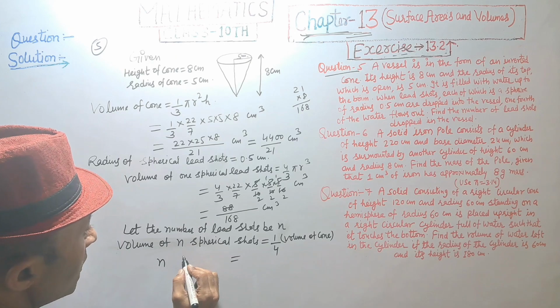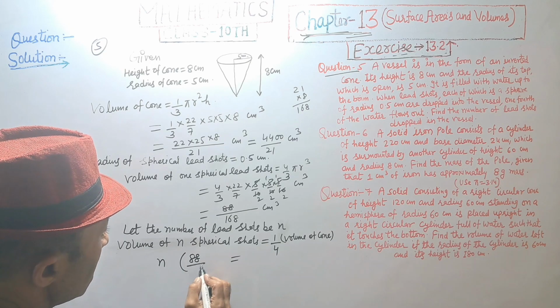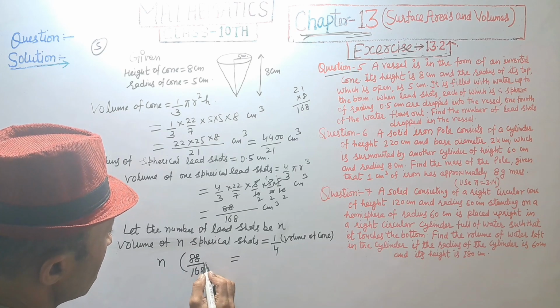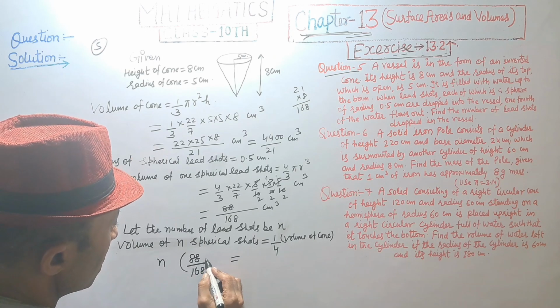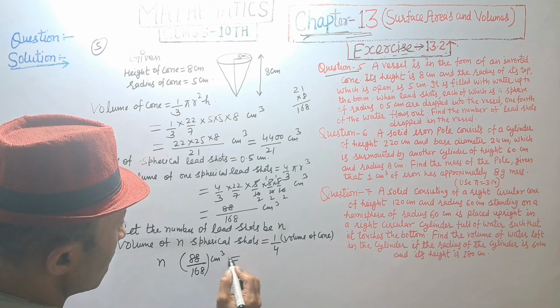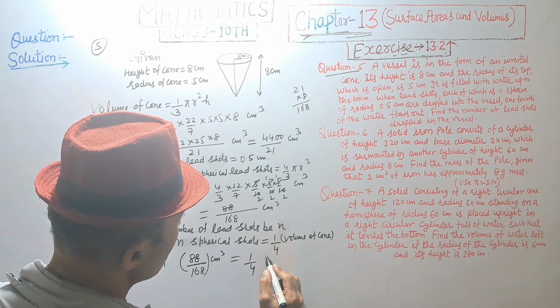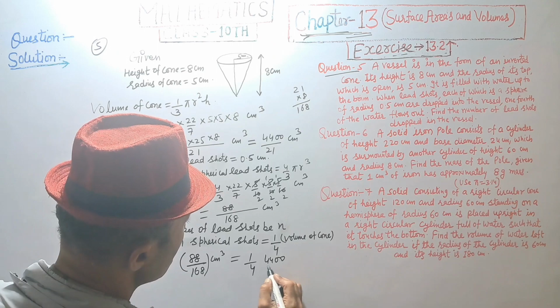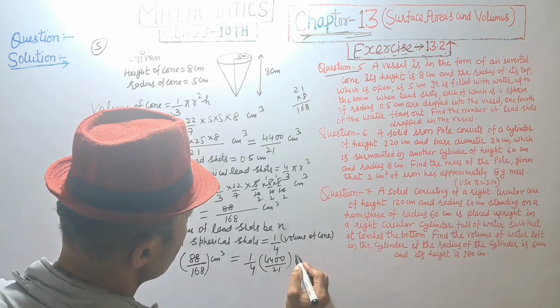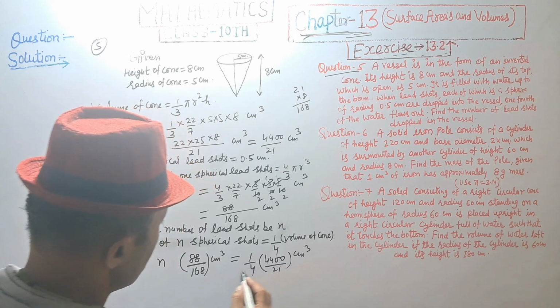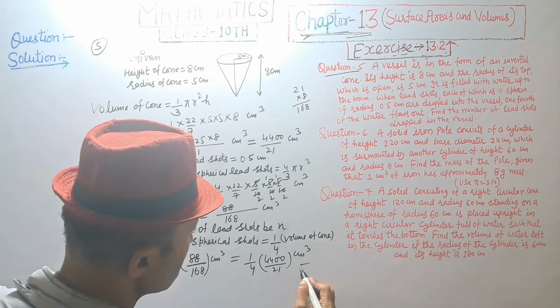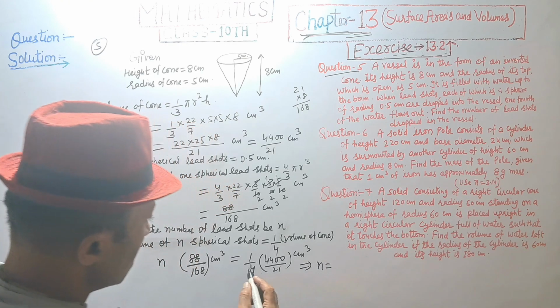That is n into 88 upon 168 centimeter cube is equal to 1/4 of 4400 upon 21 centimeter cube. This implies n is equal to